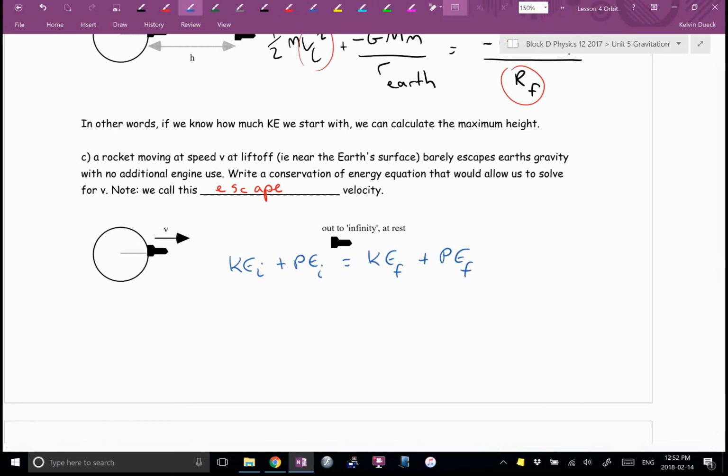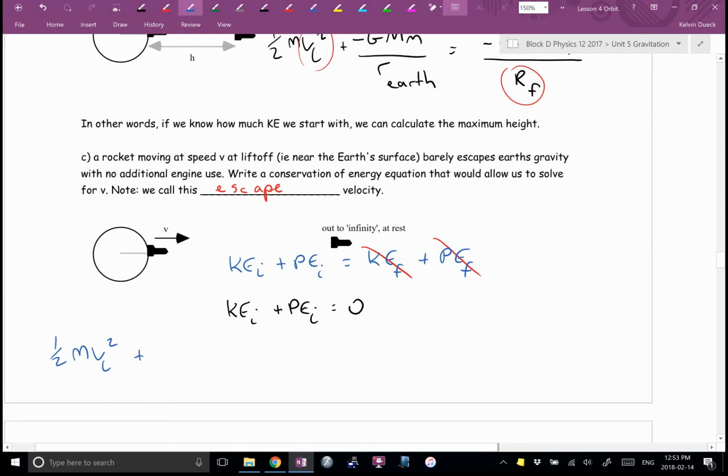Notice how this first line is the same line that Matt came up with earlier for the previous question. Now, which ones of these are 0? It does say that we end up at rest, so we can do that again. Out at infinity, that's 0. And so really what we have is this: kinetic initial plus potential initial equals 0. Kinetic energy never changes. It's going to be a half m v initial squared plus